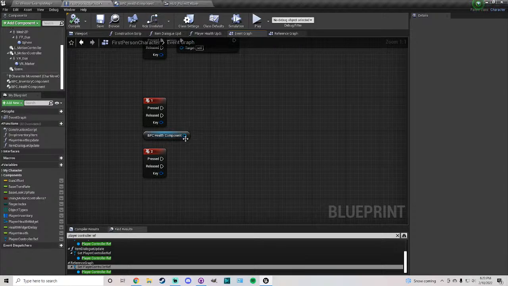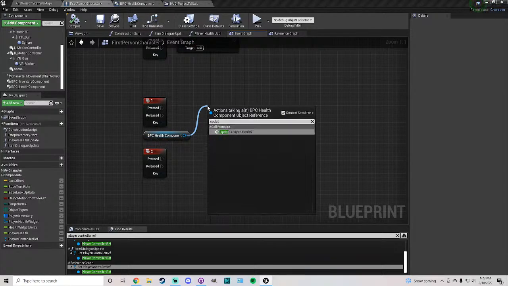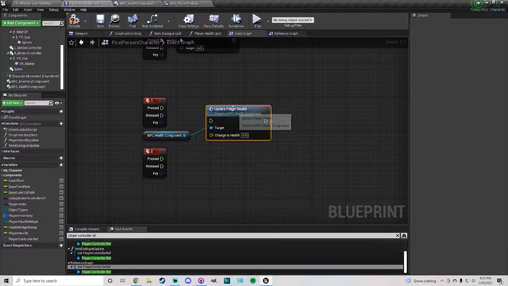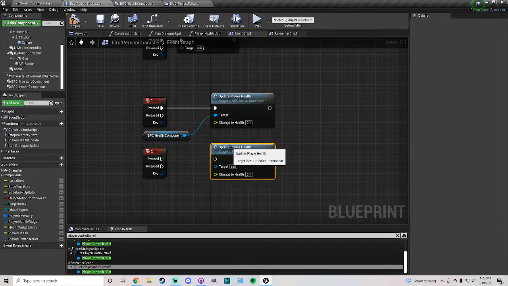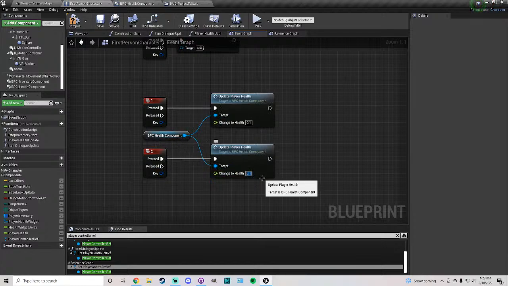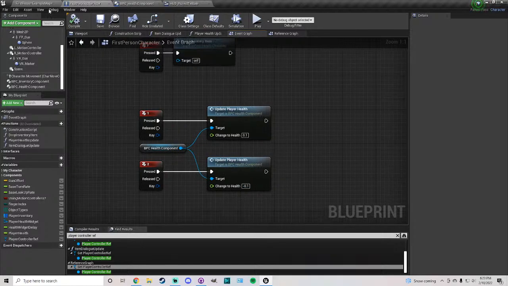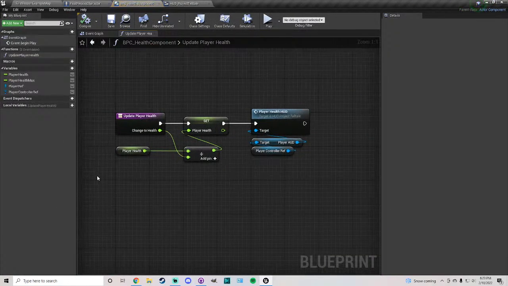And what we're doing here is updating player health. Update player health. One is going to be adding 0.1. Remember, it's percentage based because we're using the slider. I do want to change that eventually. This will be minus 0.1. Okay, update player health. That's going to bring us to this function. We're going to change the player health, set it,